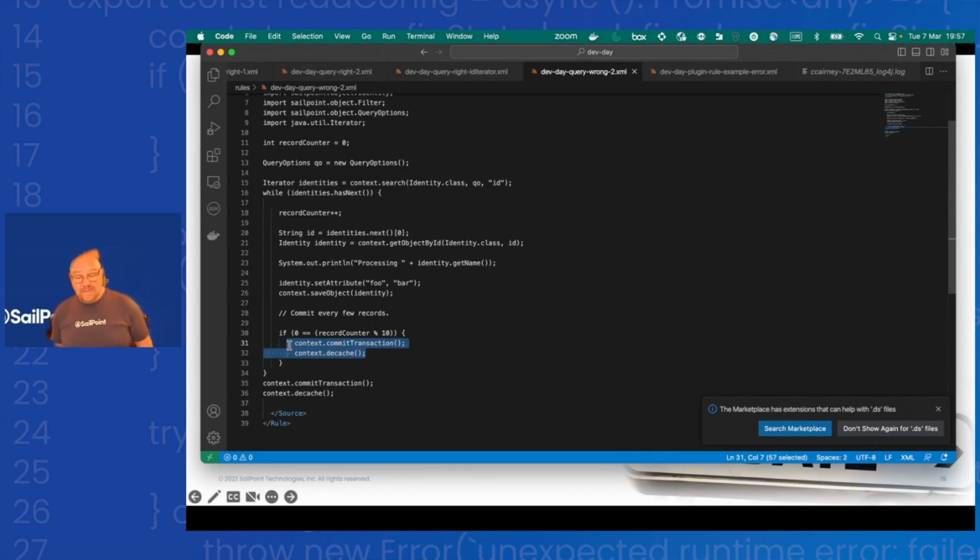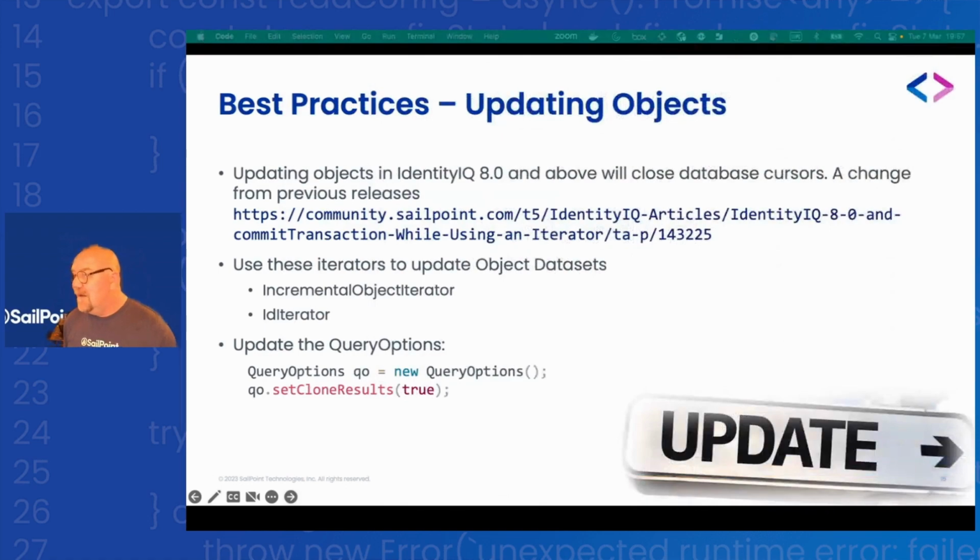It will blow up, and it will complain about the fact that you don't actually have a cursor anymore, which is a shame. So, and then to fix that,